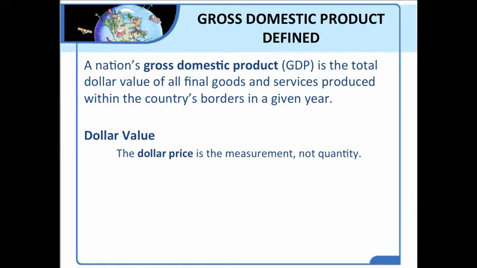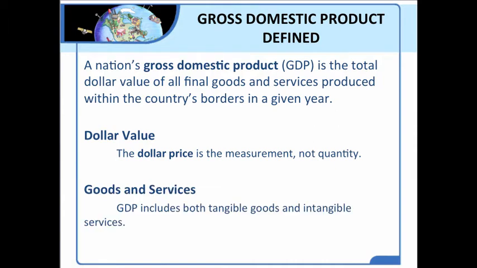Each good or service enters GDP at its dollar price, so a pair of running shoes that you buy for $100 contributes $100 to that year's GDP. The second part of the definition is that we measure goods and services. Now, we know what goods are, but production doesn't only include goods like baseball bats and hamburgers, things that we can touch and feel. Actually, in the United States, in our service economy, 90% of the jobs that are performed